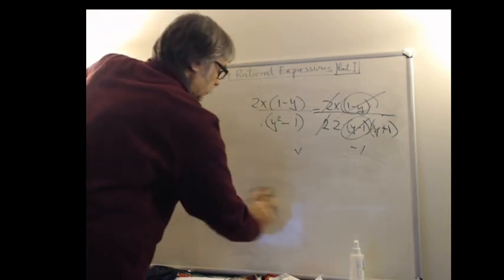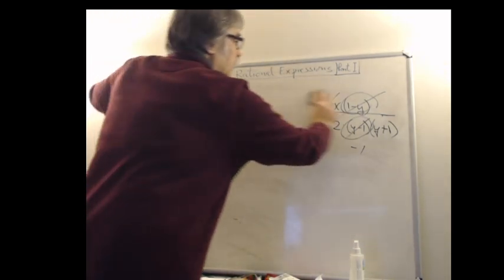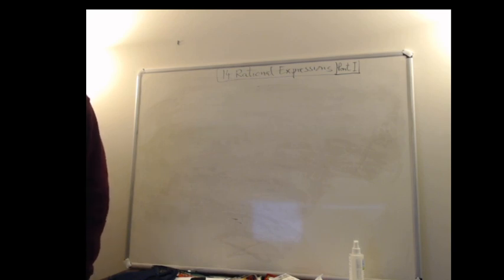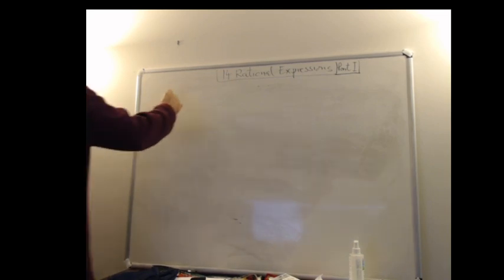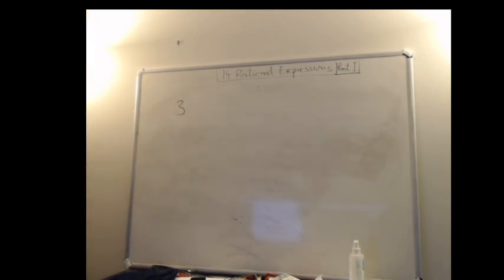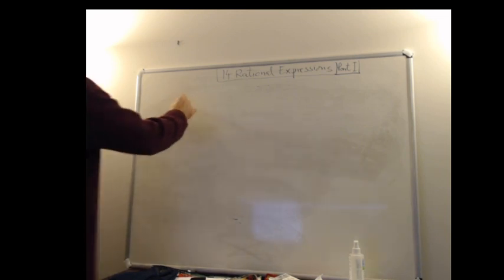What else you do with fractions? Well, you add them, multiply them, divide them, subtract them. We will talk about addition and subtraction the next time we meet. So I'm just going to talk first about multiplication. Multiplication is very simple. The principle is you multiply numerator by numerator, denominator by denominator. But if you're just doing numbers, something like this,